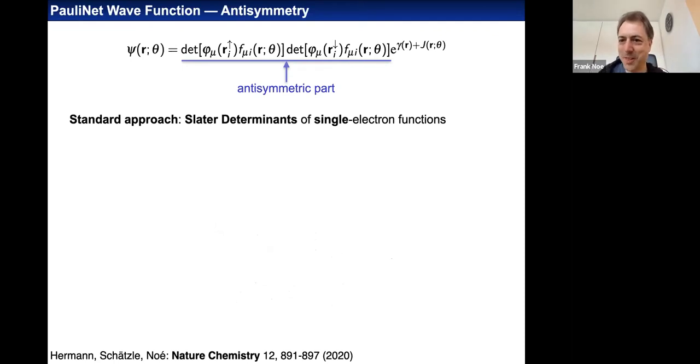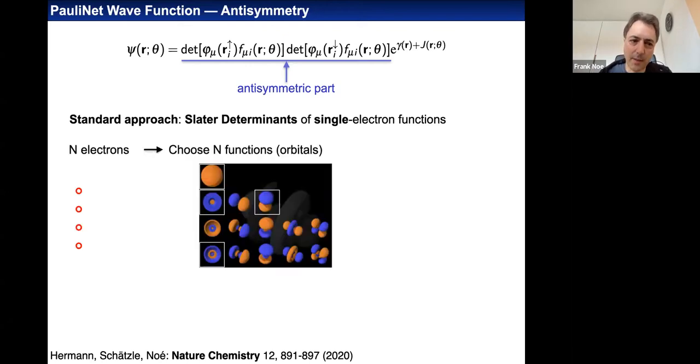But of course, we can try to make the problem not exponentially hard for a set of problems that we are interested to solve with a given method. And so the key idea here is to use, as is common in quantum chemistry, matrix determinants, Slater determinants, to represent antisymmetry. So that basically means we write some entries into a matrix and use the fact that by exchanging two rows of a matrix, the sign of the determinant changes. So we use the determinant basically as a building block for our wave function.